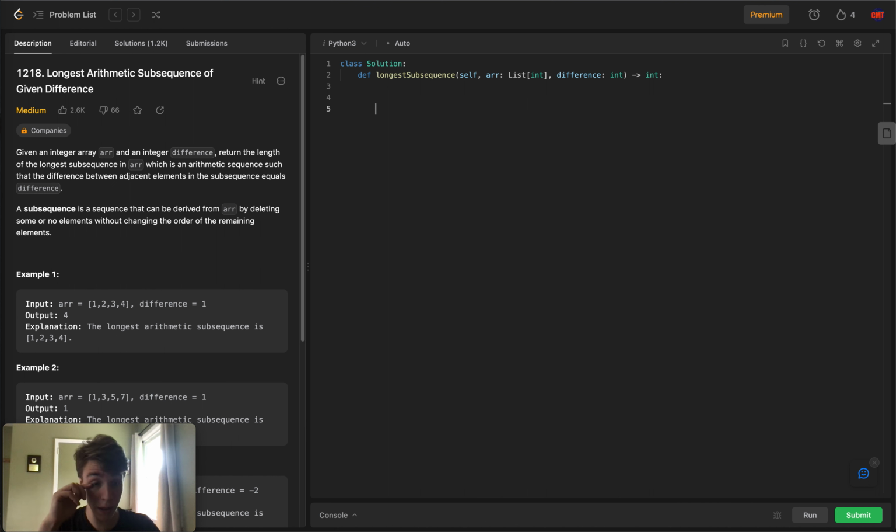And so what I'm thinking now is, well, we need to start from the back, and we need to start looking at what are the longest subsequences that can start, given that we only have an array of 4. Well, what we need to keep track of is that 4 is the number that the subsequence starts from,